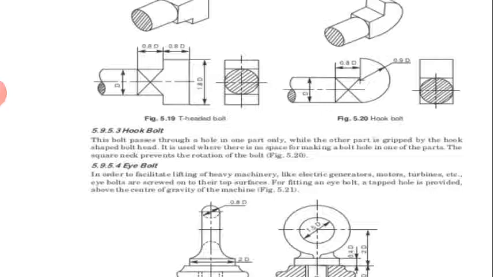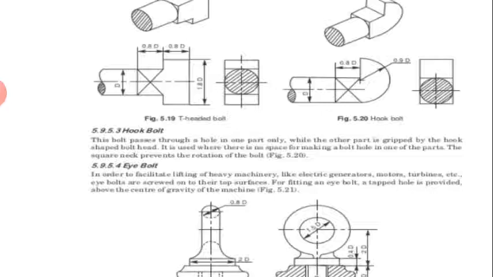Then we can calculate 0.8 D, which becomes 16 mm, and 1.8 D, that becomes 36 mm. So first of all,